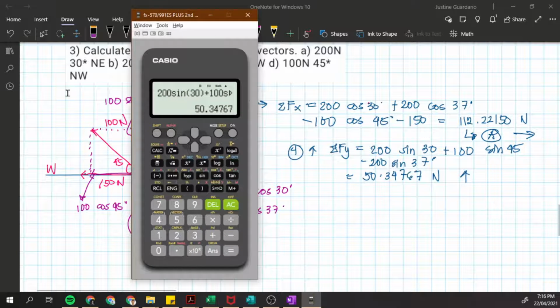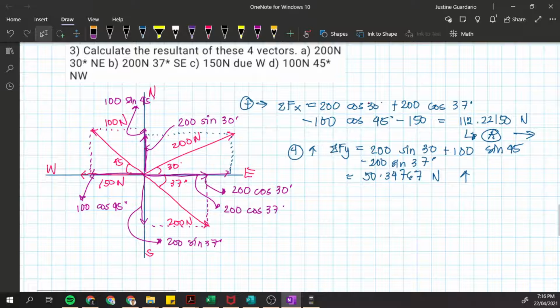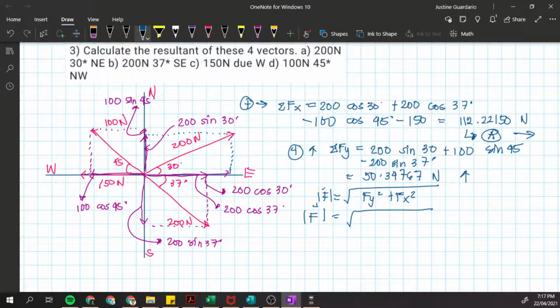Then, I store this to my calcu on my letter B. Okay? Para at least, hindi ko na siya itatype mamaya. Then, if we want to find the resultant of these vectors, okay, we look for the magnitude. How do we find the magnitude? It is equal to the square root of the sum of the squares of f of y and f of x. So, mathematically, that is equal to f of y squared plus f of x squared. Okay, yung magnitude lang. So, f, or the magnitude of our vector, is equal to the square root of f of y, which is